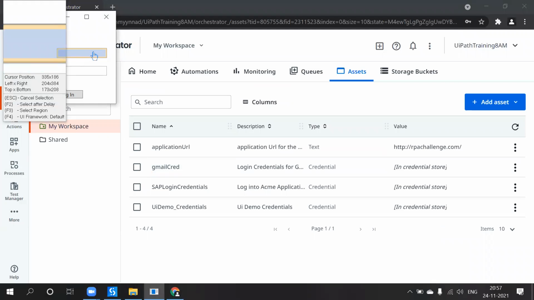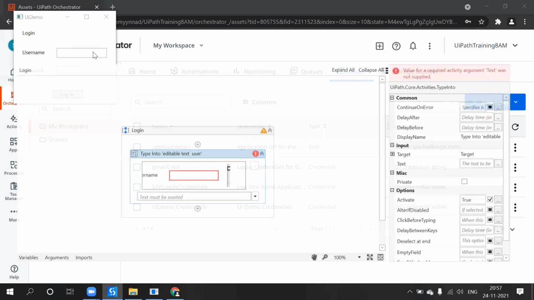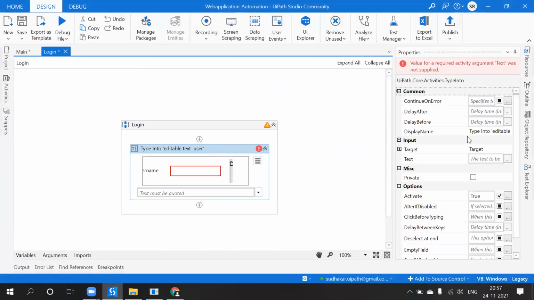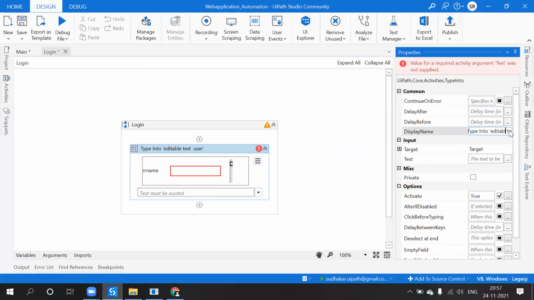Here in the username field we have to enter the data, correct? Just select this one. Under the type, enter username. See here, I renamed the activity, and what is the value we have to pass? We have to pass the text.